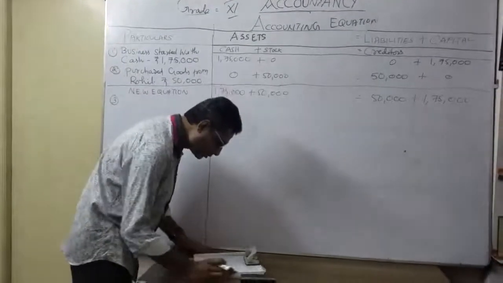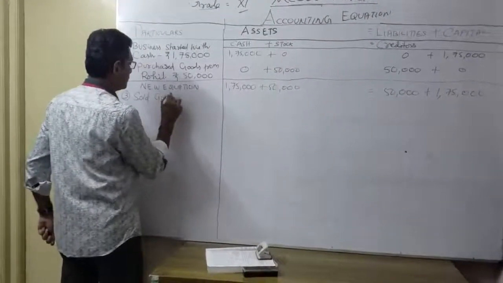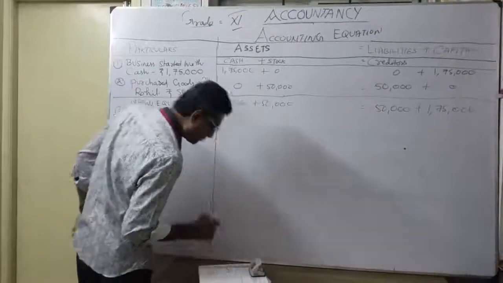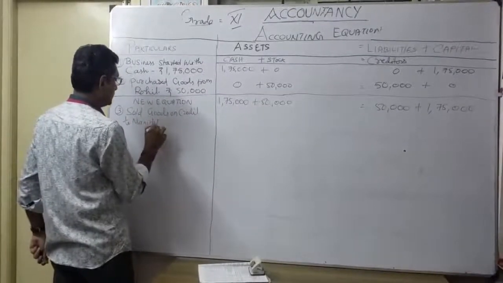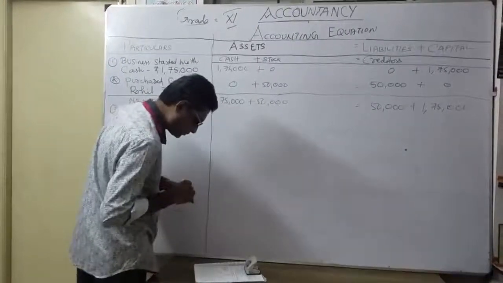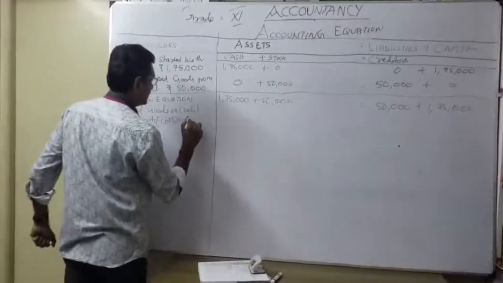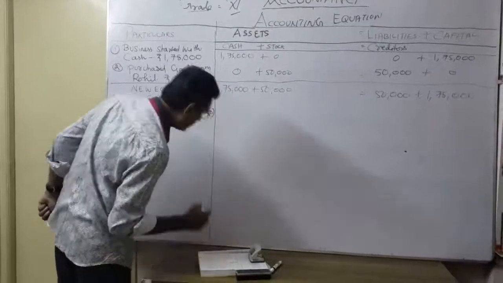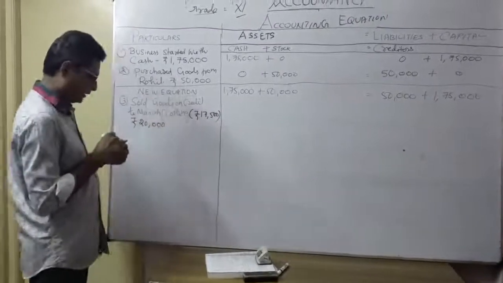See, sold goods on credit to Manish. It's a very important costing. Costing how much? 17,500. So by bracket 17,500. So how much is it sold for? 20,000. That means what? So I sold goods,